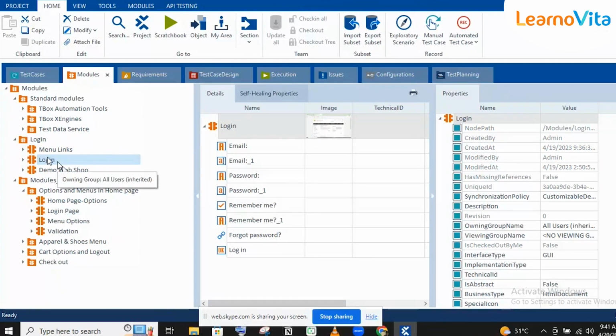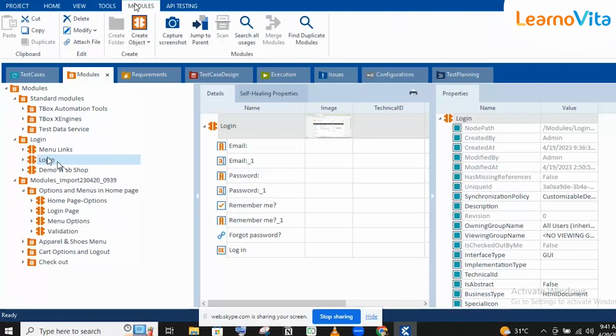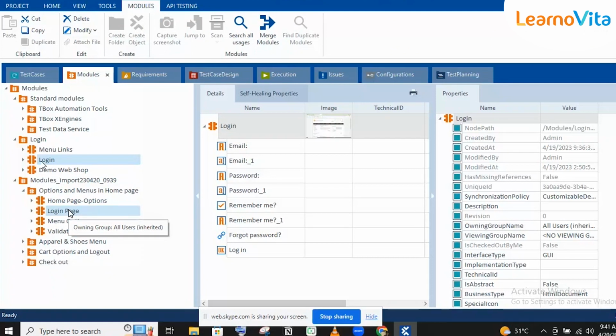After importing, or even if you are working, in order to merge, if you go to the modules menu, you can see the merge module option. In order to use that, you just select both modules that you want to merge. In my case, login and login page are similar, so I want to merge them. I don't want any duplicates in my module. So you can select the modules you want to merge, and use the merge modules option